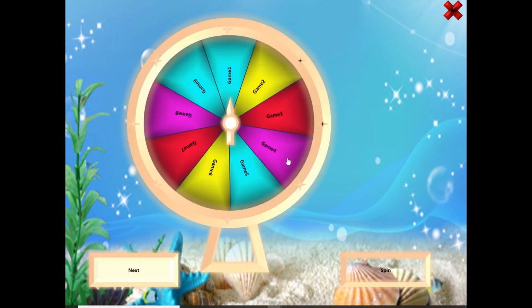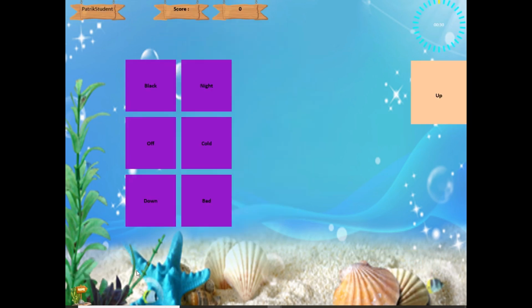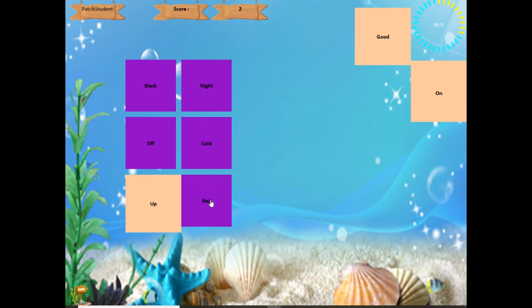And press Next to enter the game. According to our setup, we see a 3x2 grid of cards, a drag flash game of type text. Each card contains text. On the side, you'll see word cards. Click one, then click its opposite word. If correct, it locks in place: up, down, good, bad,